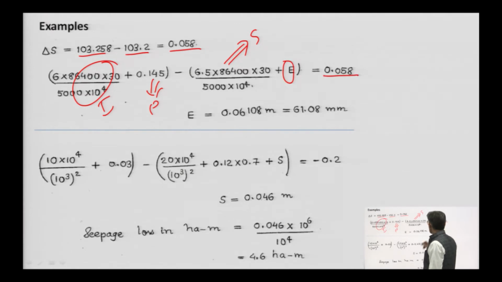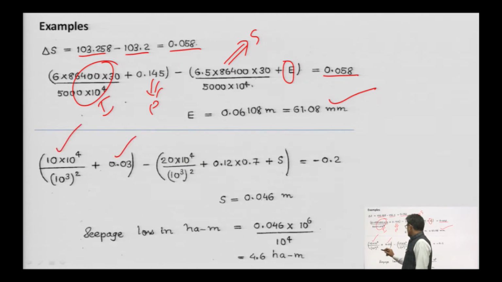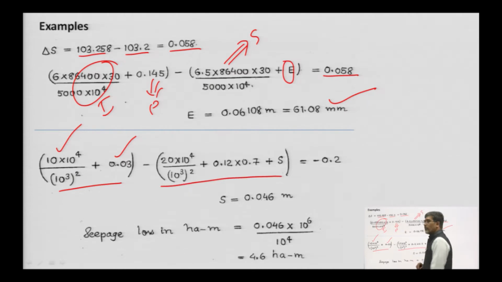So, everything is known to us. The value of E, the evaporation, can be calculated from this equation. If anything is given, then we can calculate it. This is the input data, and this is the output data. The change in the level is -2, which means the water is going down.